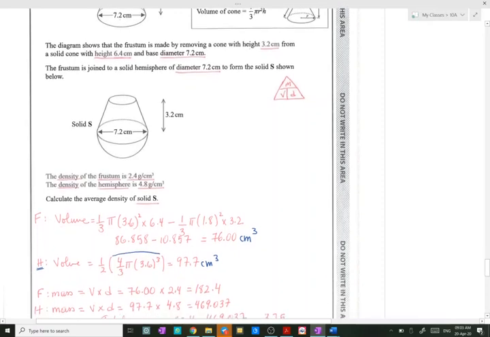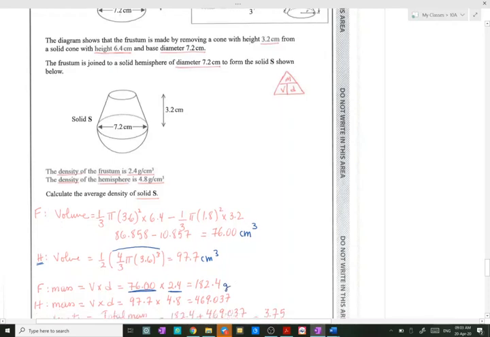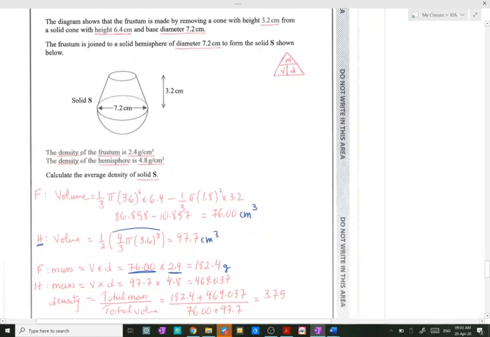Now the mass for the frustum, or for F, is equal to volume times density. We already have the density given. You multiply it by the volume that you found and you get the mass, which is equal to 182.4 grams. Also the mass for the H, which is the hemisphere, is equal to the volume of the hemisphere times the density given to us, which is going to be